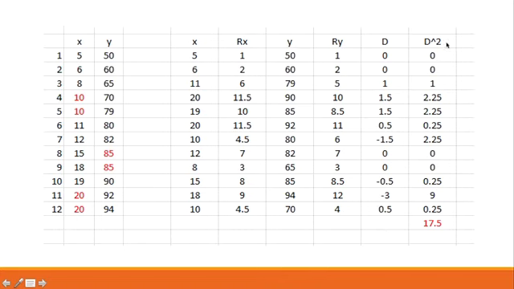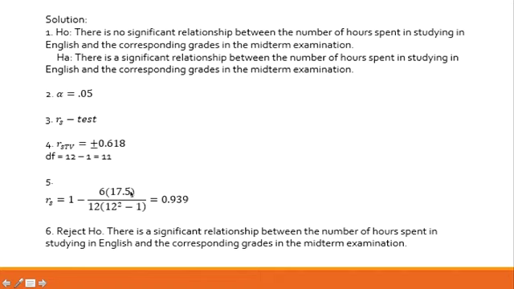And then, for the D squared, this is D times D. 0 times 0, 0 times 0, 1 times 1, 1.5 times 1.5. Again, 0.5 times 0.5, 0 times 0, 3 times 3, 0.5 times 0.5, and then we get the sum of d squared, that is 17.5. So, ang kailangan lang na value natin dito ay itong 17.5. Ayan. So, doon ang galing ang 17.5. Ang 6 ay constant, ang 1 ay constant. So, we compute and we obtain